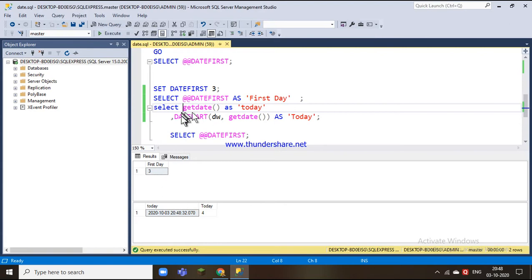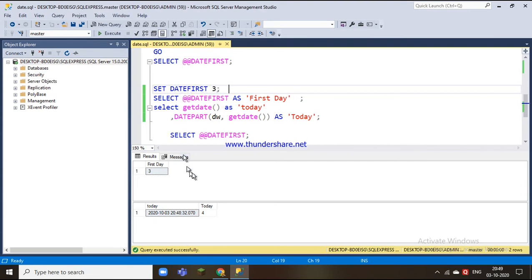In DATEPART, what we have got is DATEPART DW, meaning weekday. What is the weekday of that particular date? The weekday starts as 3. We have set DATEFIRST as 3, meaning Wednesday is 3, the first day of that week.